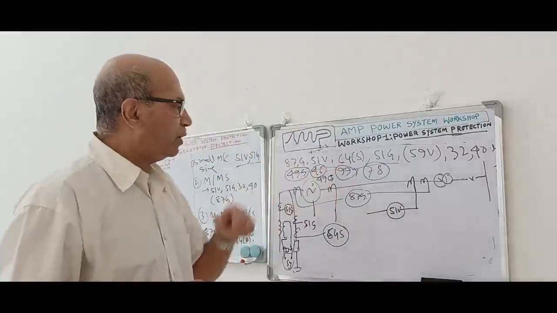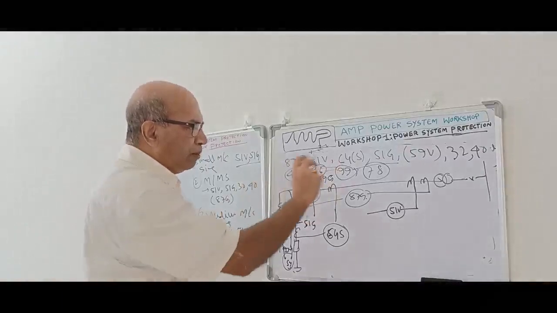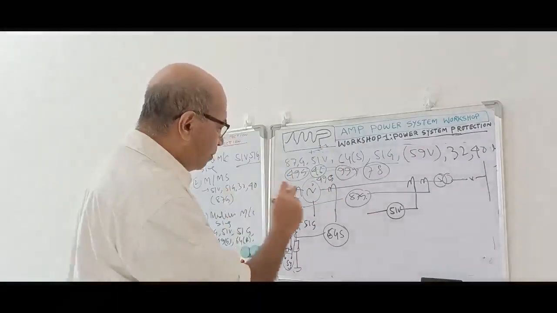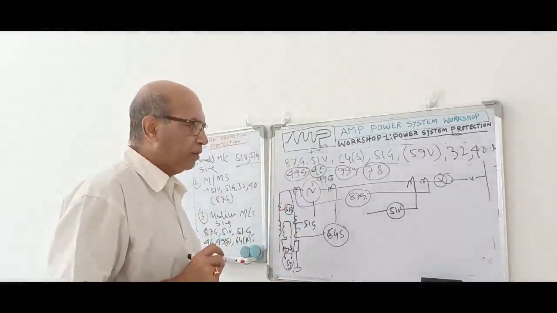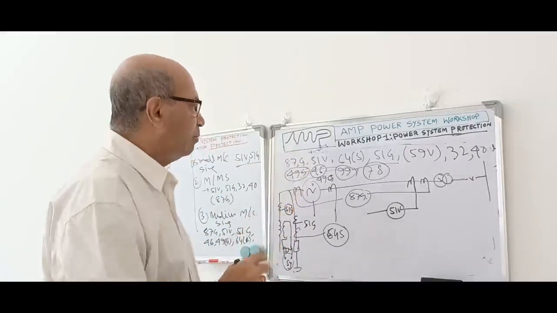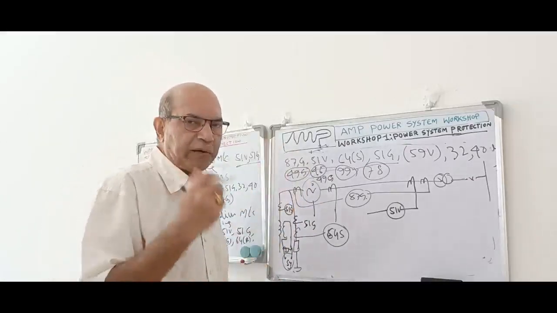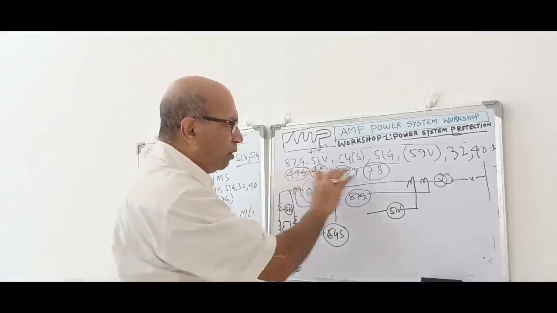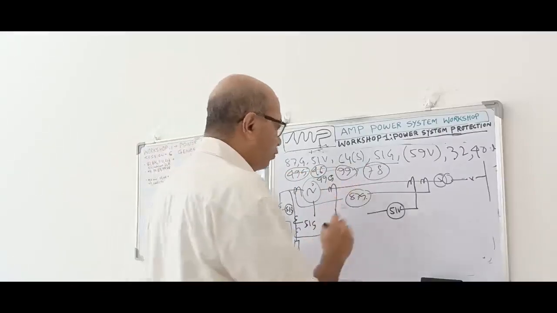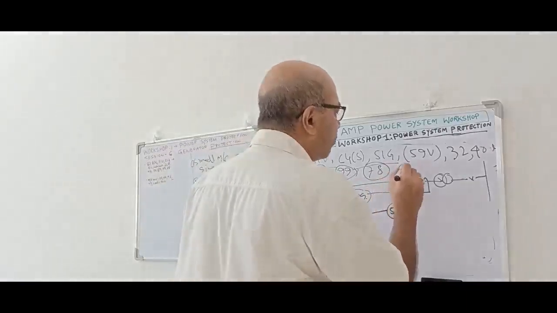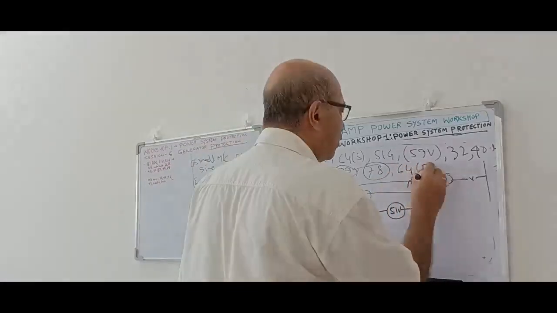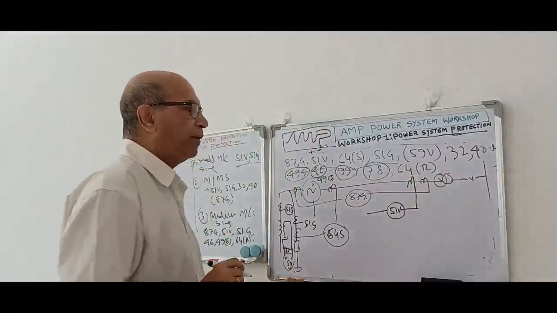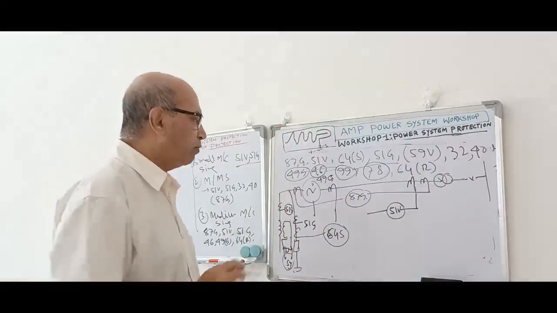So these are the protections generally we provide for this large size multi-machine system. When the large size machine, more than 5 megawatt, maybe 100 megawatt or 150, 200 megawatt machines running in parallel, in that case all this protection will be there. In addition to this, for the rotor we have to give 64R rotor arc fault. Also we have to provide rotor arc fault. So all this protection we are including.